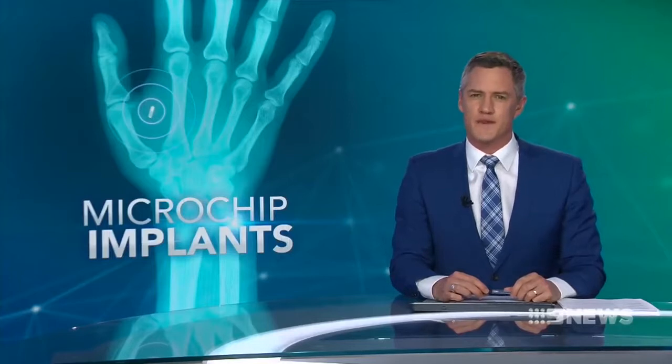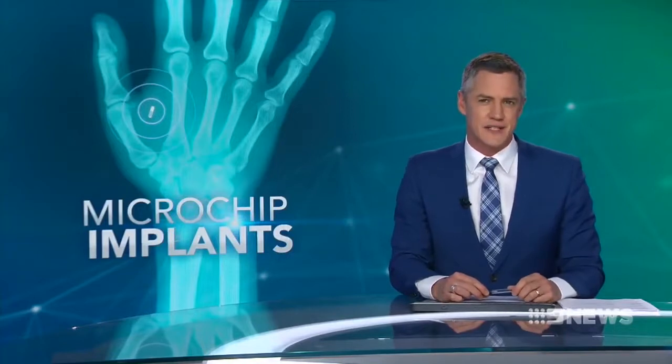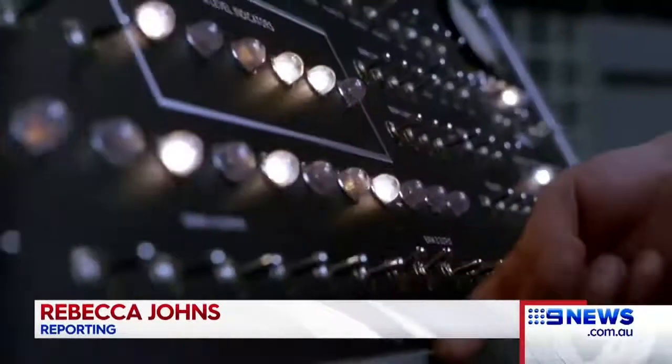Using public transport, getting access to buildings and paying for coffee is now as simple as a touch of your hand. A microchip implanted beneath the skin gives people the same capabilities as dozens of cards and devices. And it's not as painful as you might think. What was once confined to science fiction movies